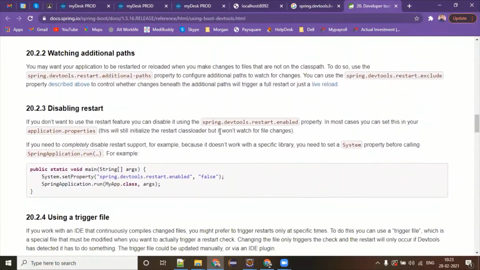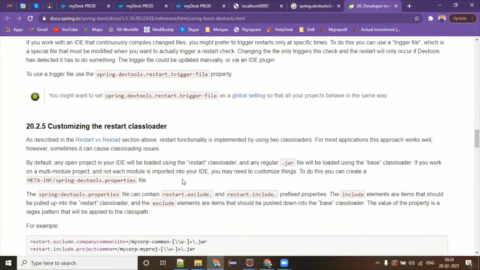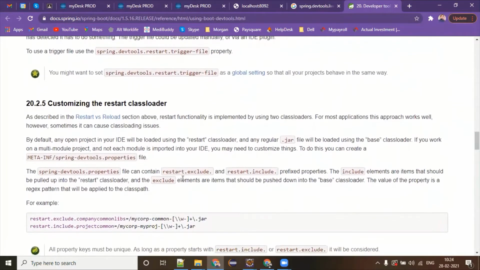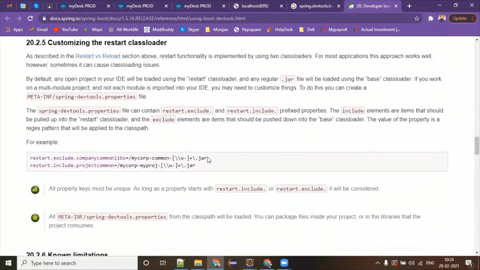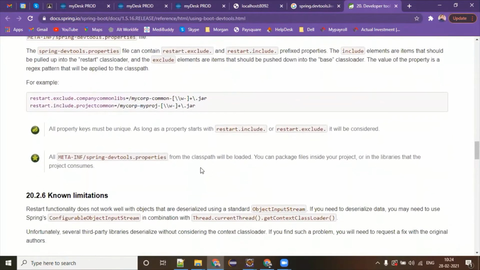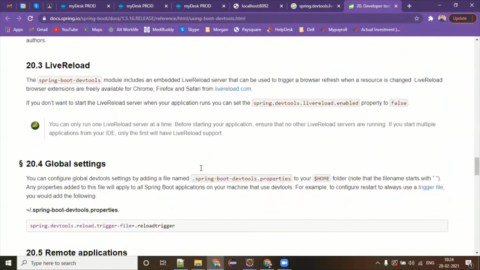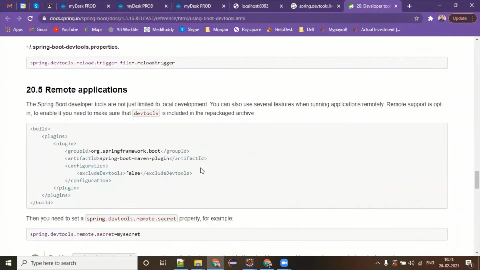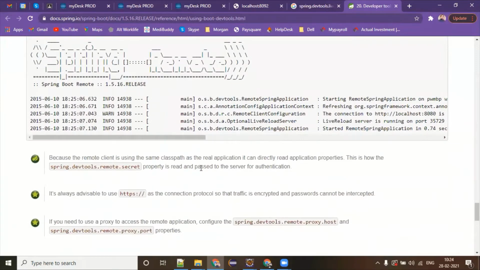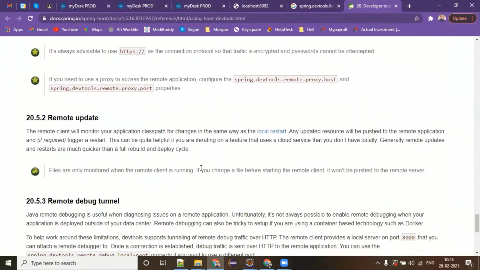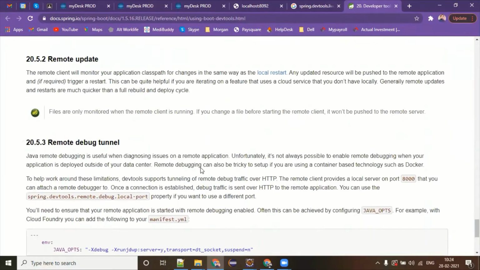We have already talked about this. There is also a set of trigger files, where you can give some regex and start using that. So it's always like a requirement. Whenever you have a requirement, like the one I told you, you can start exploring whether it is something we can achieve with the help of dev tools or not.